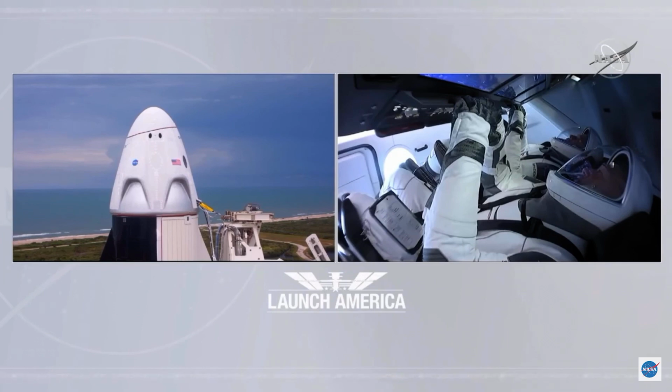They've been in those seats for a couple hours now. They typically get inside of Dragon a little over 2.5 hours ahead of launch. So they've been strapped into these seats for quite a while. They are custom sized though, so they're as comfortable and as snug